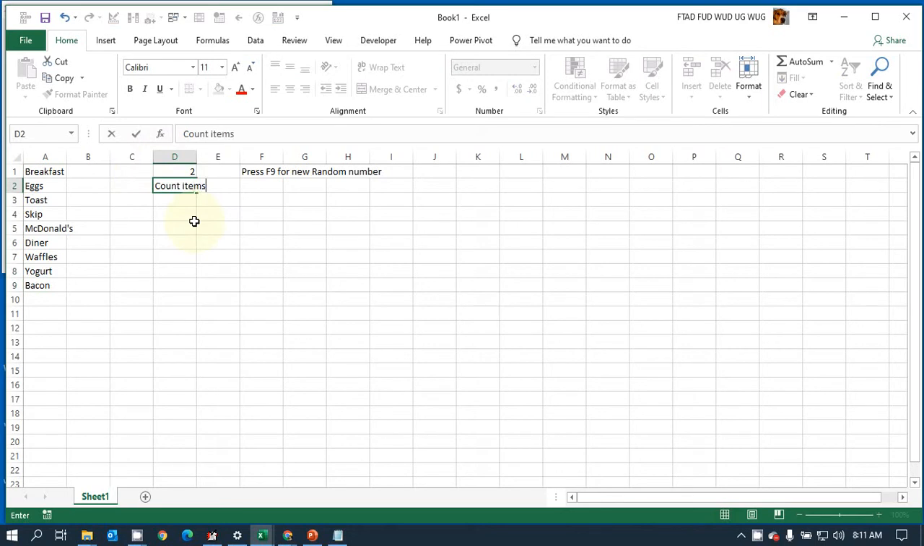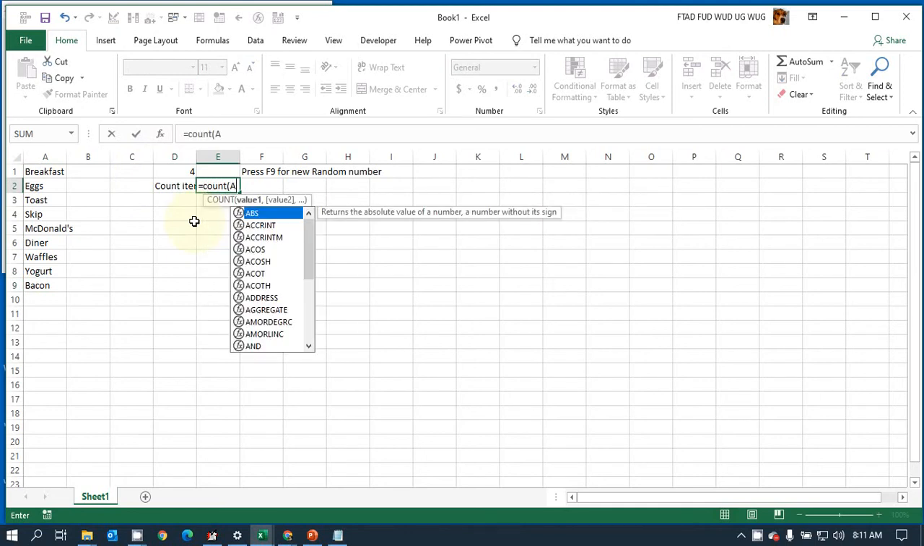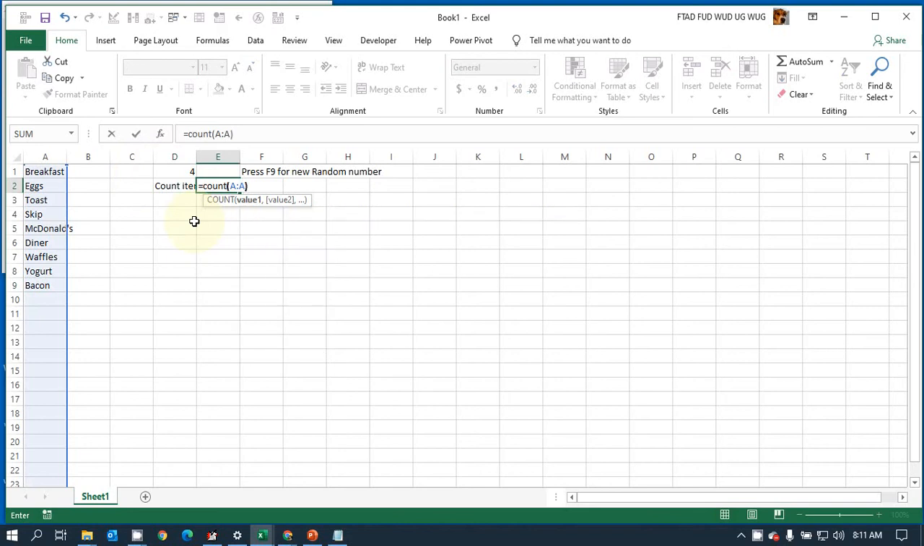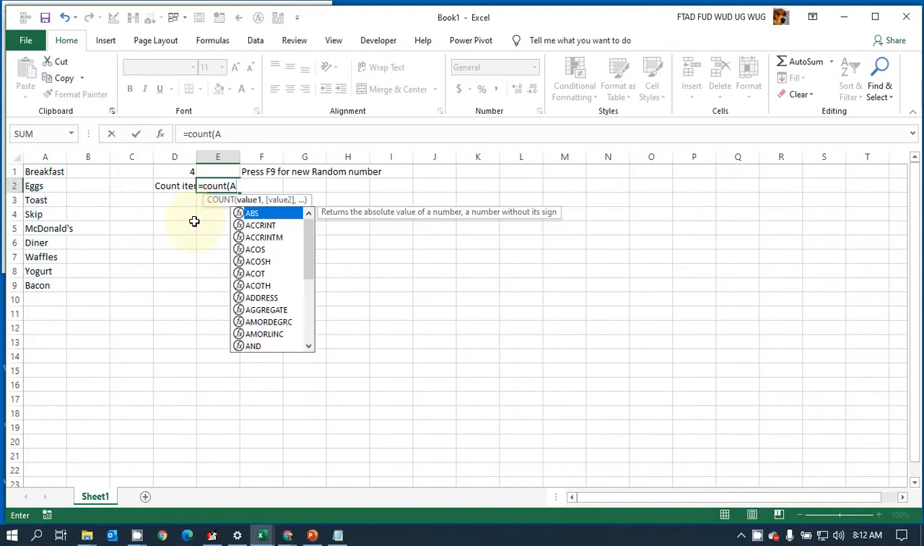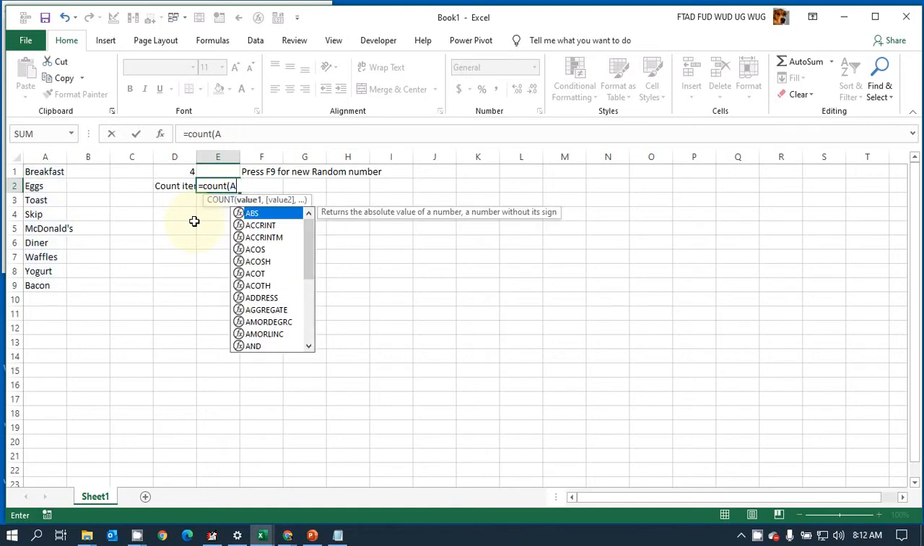items. And the way you count items is you use a COUNT function, COUNT, and we can say A colon A. That'll count everything in column A. We could have also done A1 colon A9, which selects what we have, but if I add things it won't work. So we're better off doing A to A,